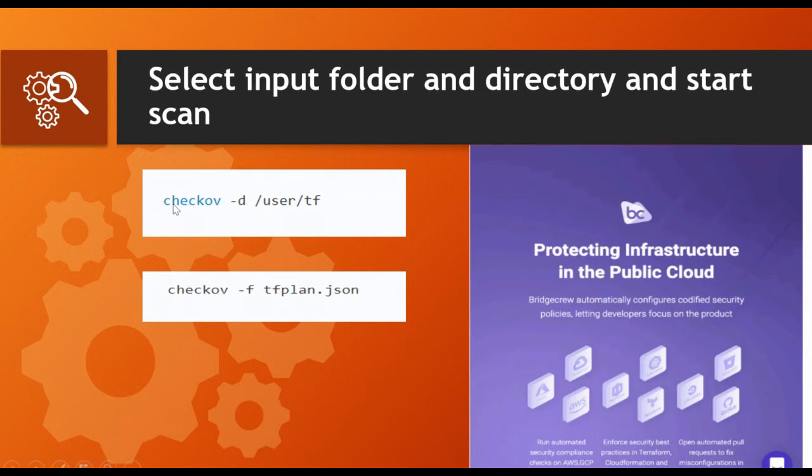So here is the command, let me explain it. It's checkov -d. D stands for directory. Whatever files are inside this TF directory, Checkov will scan all your files under this particular TF directory. So this command you can use on an entire directory. With the command below, if you want to scan only a specific file or a single file, you can do it by using the -f option. And now we are going to see the same in our practical session. So let's start our practical session.